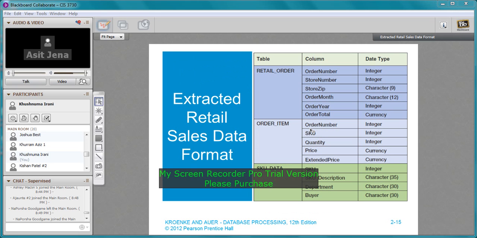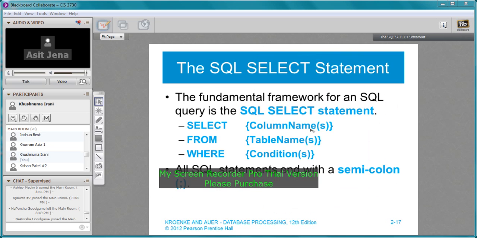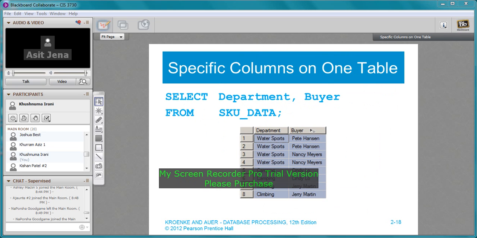So if you see here is the table. The table has two columns, department and buyer. We're writing a SQL statement which says select department, comma, buyer from SKU data. SKU data is the name of the table. So the syntax goes like this. If you have a table called SKU data and you want to find two columns there, department and buyer,